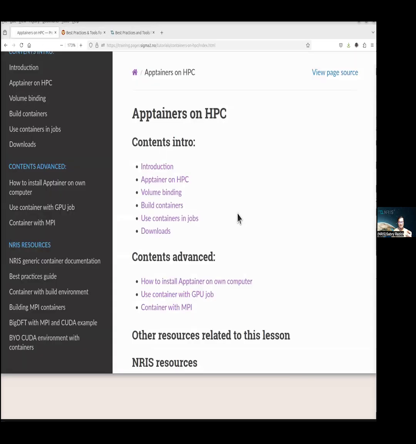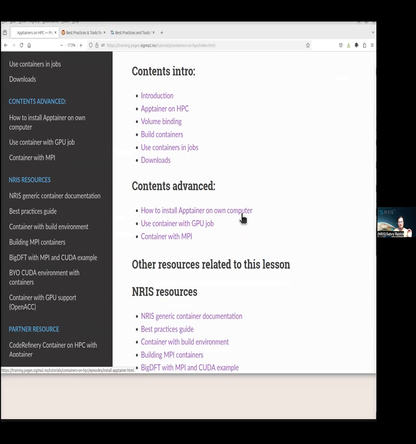So we'll go to how to install Apptainer on your own computer. This one I'm going to demonstrate on a virtual machine, because if I try to make modifications to my laptop now, it might mess up things, because I have already set it up in a safe way for the tutorial. And also there might be